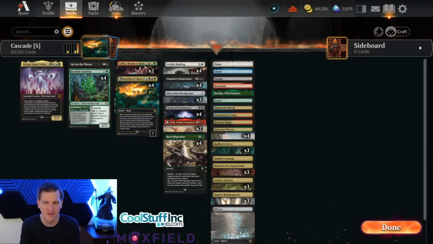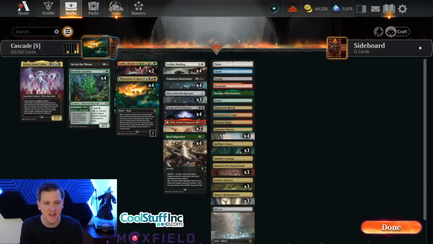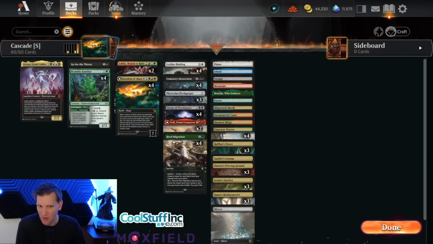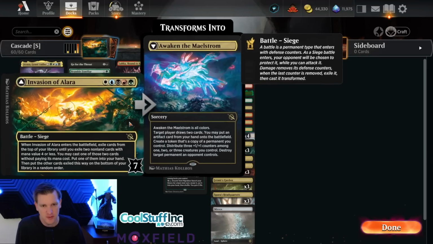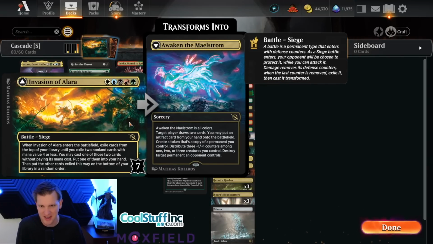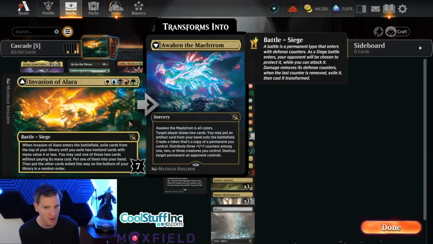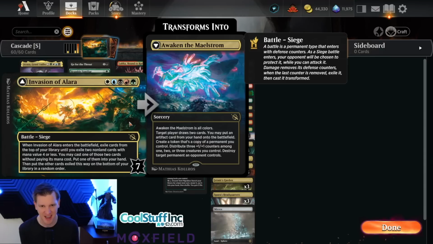Hello and welcome back to another day in the arena. It's me, it's CGB. Today in the arena, Cascade in Standard. What is going on? We got our first competitive results from MTGO online tournaments over the weekend, and what the F is winning in Standard? It got first place on Saturday's challenge. It got second place on Sunday's challenge. It's Invasion of Alara / Awaken the Maelstrom combo thingy, which I can best explain as a classic take on